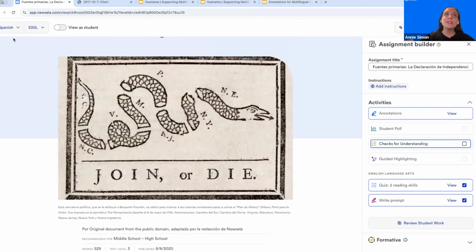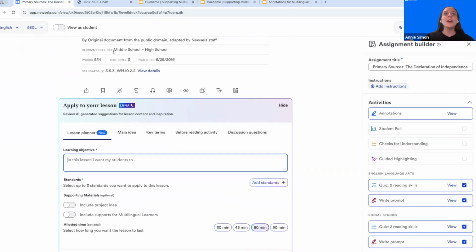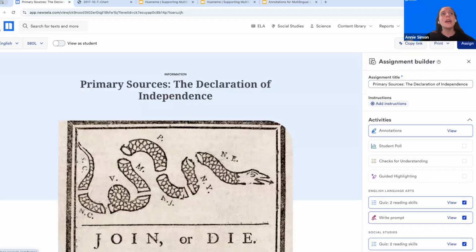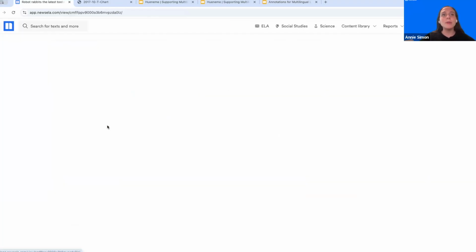And these are special because we call it trans-created, because it's not necessarily translated, but our team of native Spanish speakers have gone into these and made choices within the text to determine it at different lexile levels. But what we have that's new now is a translation feature. Oh, it's not available on anything from the public domain here, but if I put in any article here, like this one on robot rabbits,